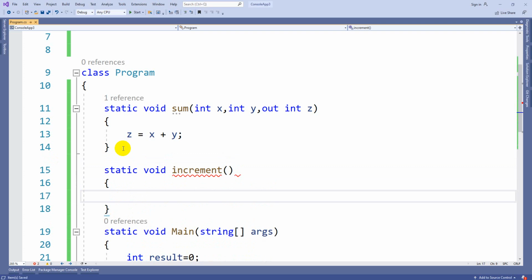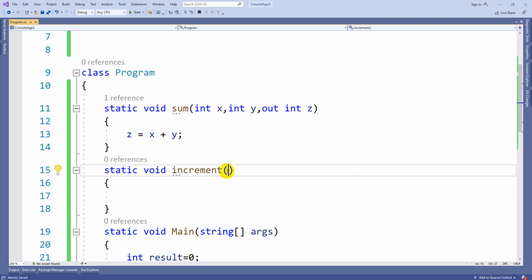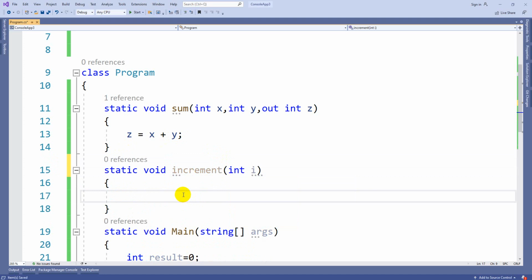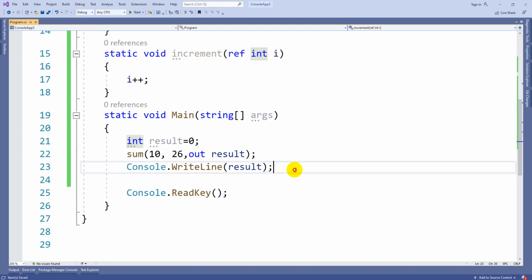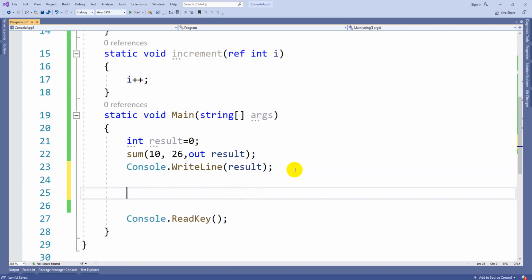Here we have int i, and here we are incrementing it, i plus plus. Here let's add a keyword called ref. That means the same variable will be used to take input for this, and the same variable will be used to pass output from this also. That is the purpose of the ref keyword. Such implementations can be done like this.